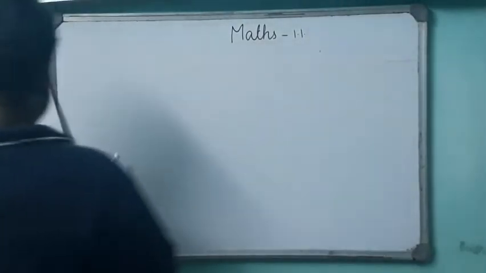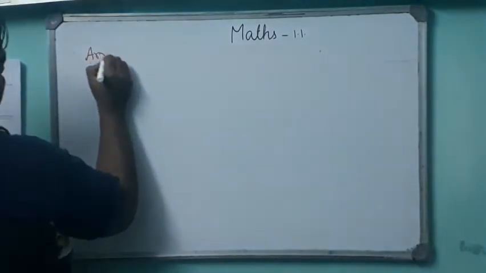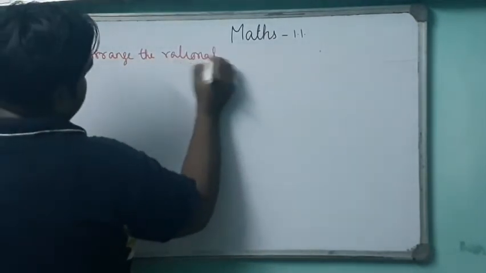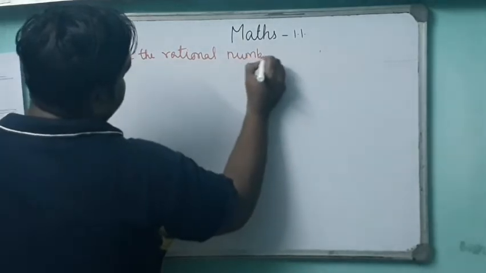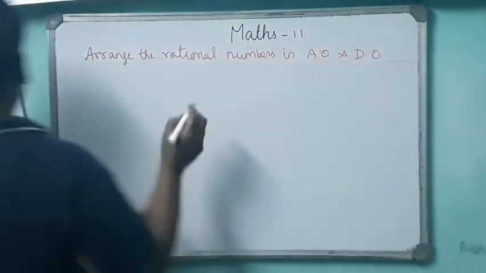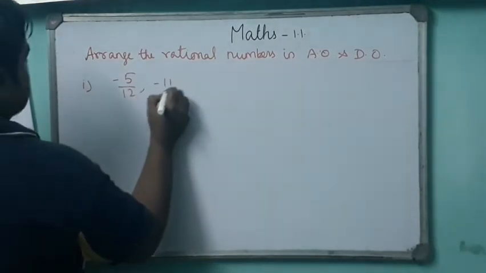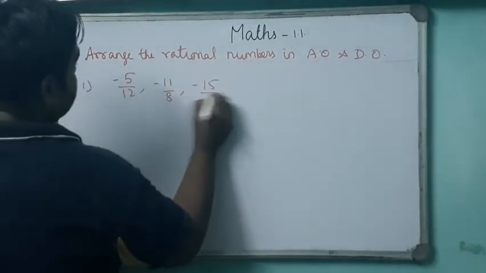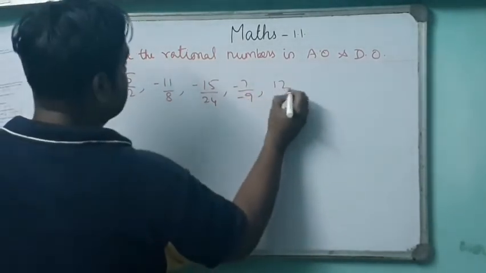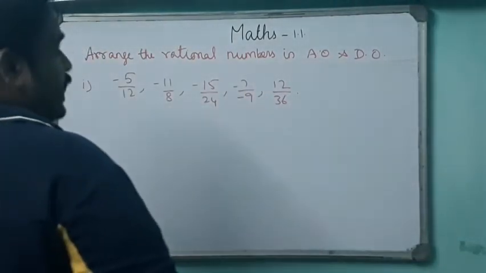Now, arrange the rational numbers in ascending and descending order. You are asked to arrange the numbers in ascending order and descending order. You have to arrange in both the orders. The first one: minus 5 by 12, minus 11 by 8, minus 15 by 24, minus 7 by minus 9, and 12 by 36. Okay, you have got 5 different numbers, out of which 4 numbers are negative and 1